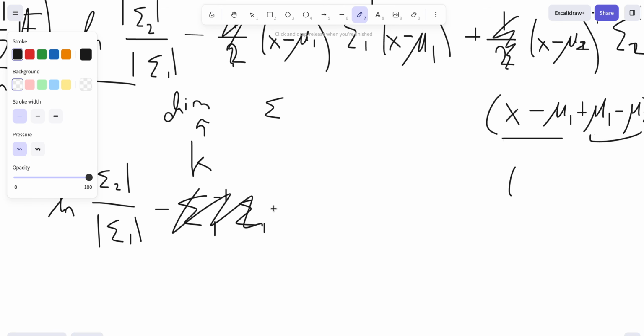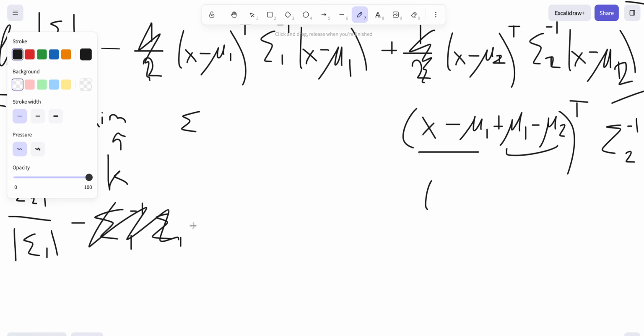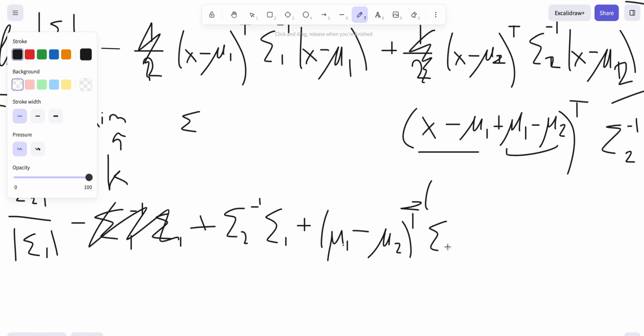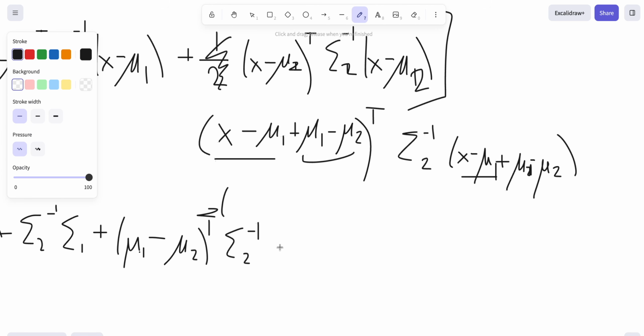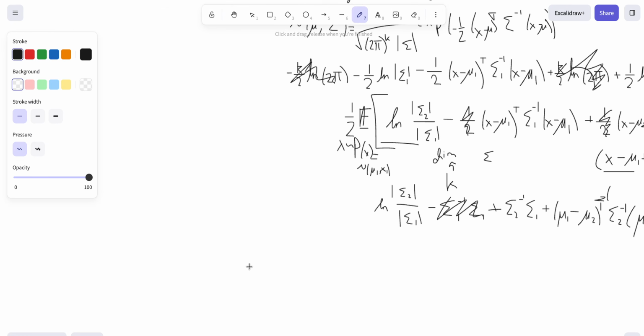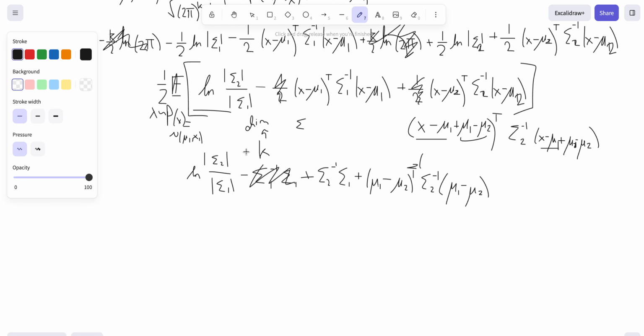So this simplified to minus k, then we get another term which is plus sigma 2 inverse sigma 1, and then another term which is plus mu sub 1 minus mu sub 2 transpose sigma 2 inverse, mu sub 1 minus mu sub 2. And so here we have these four terms